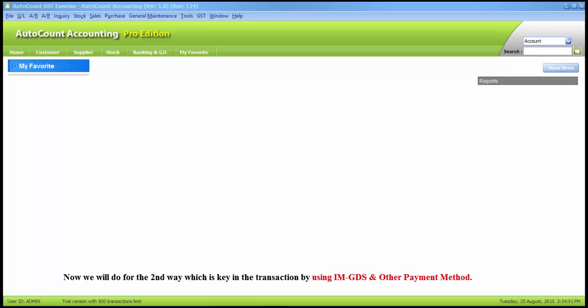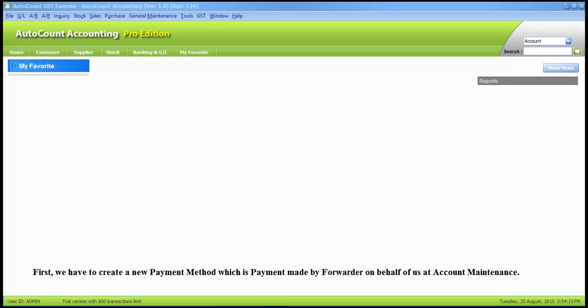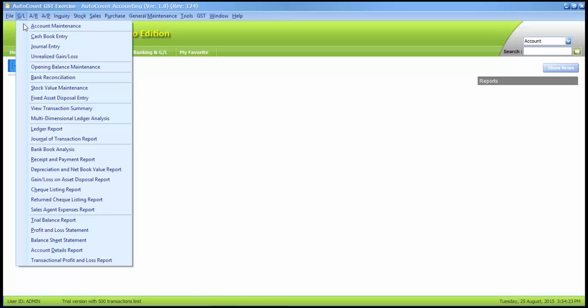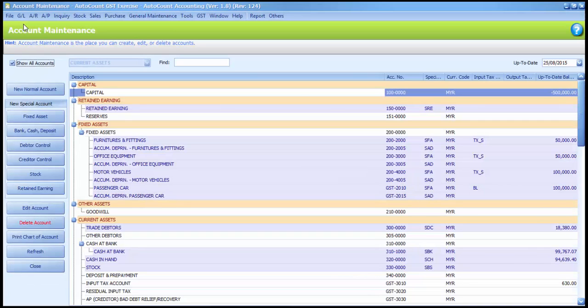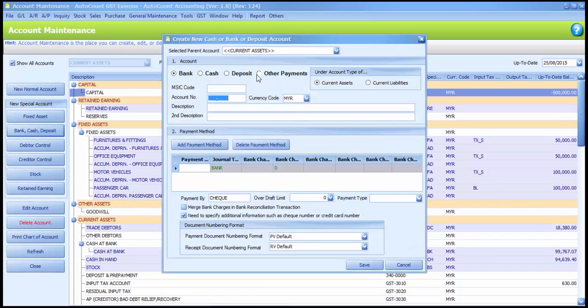Now we will do the second way, which is key in the transaction by using IMGDS and other payment method. So we will use the same example. First, we have to create a new payment method, which is payment made by forwarder on behalf of us at account maintenance. So kindly go to GL, account maintenance. So kindly click on bank cash deposit and select other payments